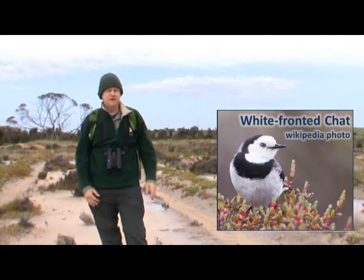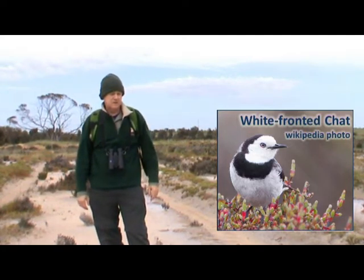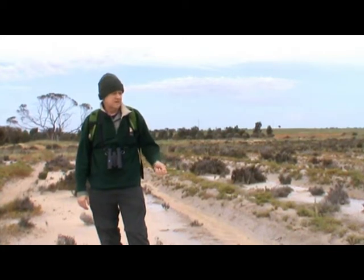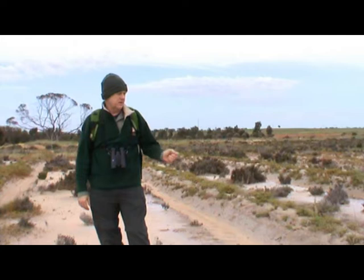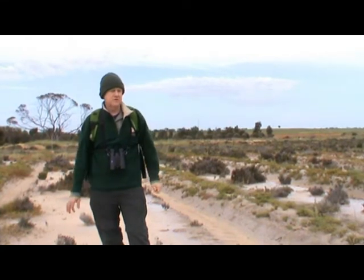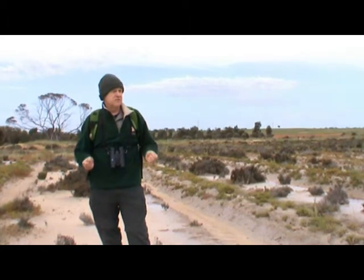They're actually a salt marsh specialist, and we've just observed the males and the females taking insects from the vegetation on these small ridges, and the samphire and the saltbush and other plants growing on the ridges, and as well as on the swales, the low points between the 2 ridges, taking insects off the soil. So they're a bird that moves around,